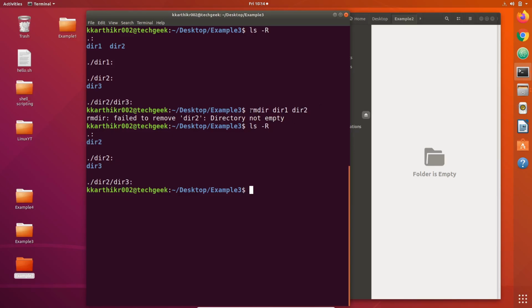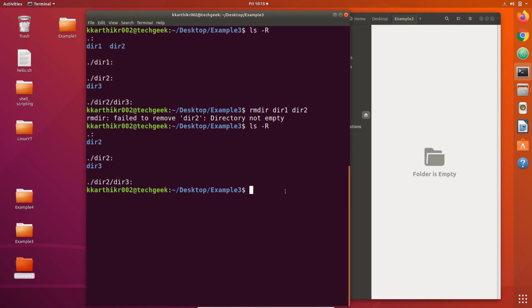This is what happens when we try to remove multiple directories with rmdir command and some of the directories in arguments are not empty. Those which are not empty are spared and those which are empty are removed. And now let us see how to remove directory structures using rmdir command. In the previous video we have seen what are directory structures. Let's say this is a directory structure, directory2/directory3. Let us try to remove this whole structure, this whole branch using rmdir command.